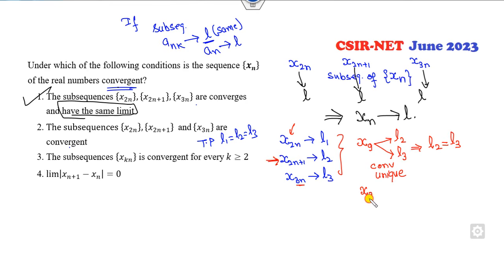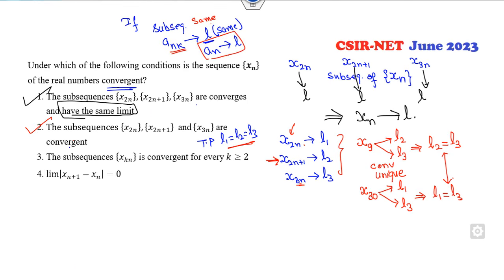So let's say x of 30. This is convergent to L1 because of the even number. This is convergent to L3 because of the multiple of 3. It means L1 is L3 because of uniqueness. Fine. So what is that? It means all are the same. So as per my earlier tips, if all the subsequences converge to the same limit, then the sequence is also